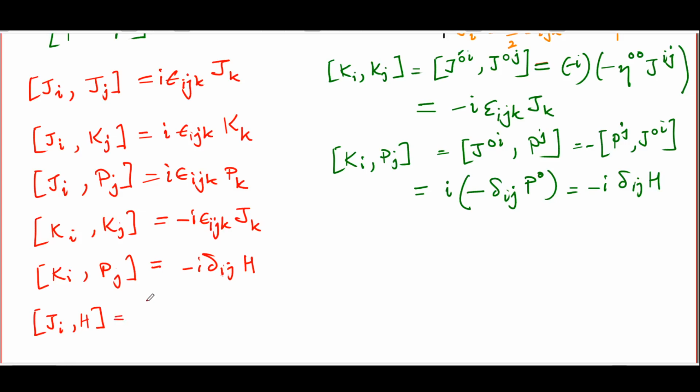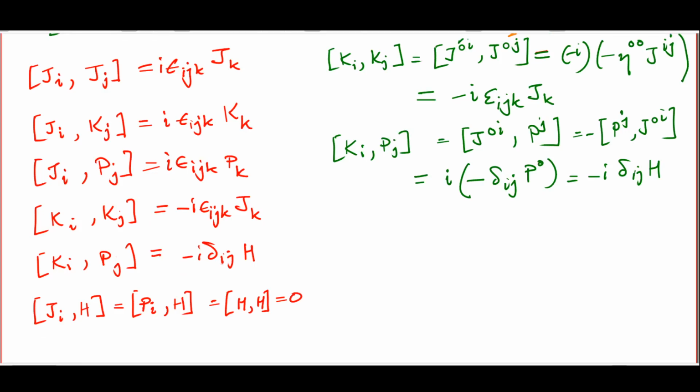Not only that, Pi, the spatial components of the 4-vector P, of course commutes with the temporal component, because all components of P mu commute with all components. And H, of course, commutes with itself. No prizes for guessing that. The only commutator left out at this stage is that of Ki with H. So let's work that out again. Ki with H